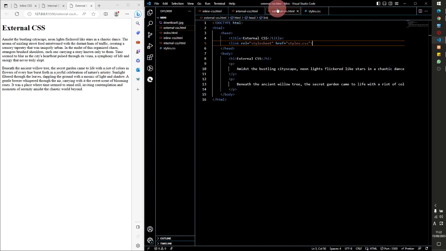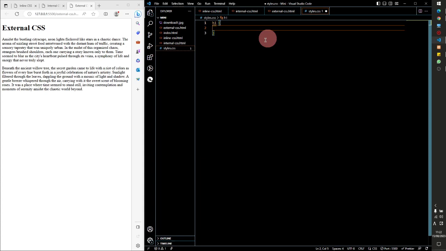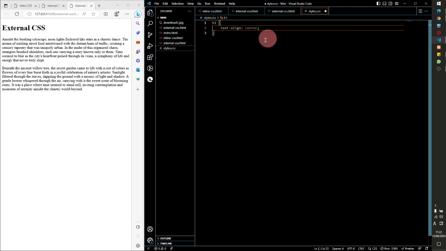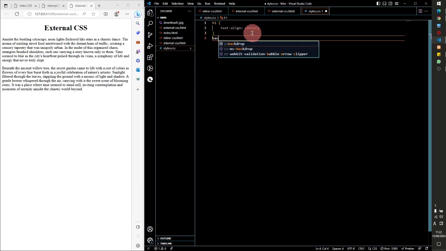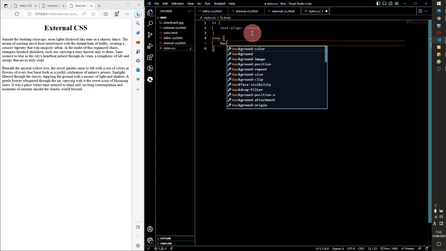Okay, first, for example, we are styling the body for the background, for the whole background of the page, background color,